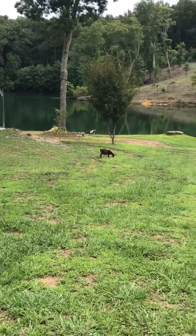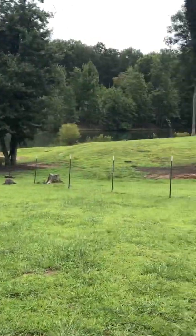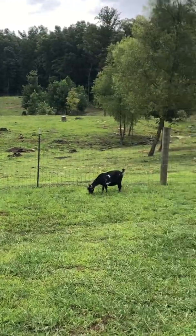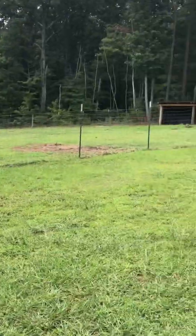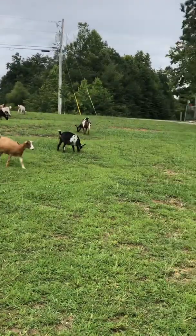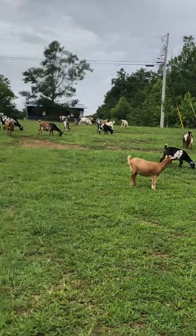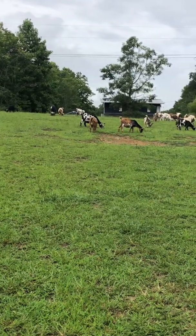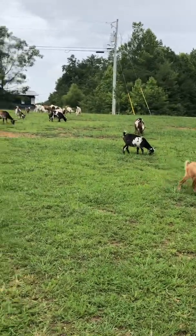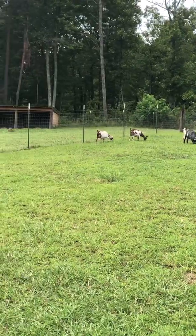Anyway, that's it for now. Eastern Tennessee, northwest of Chattanooga, God's country. It's beautiful out here. I wouldn't change it for anything, but this is our little farm. And I'm not too hip on editing, so I'll probably just start and stop talking when it's time to. But anyway, we'll do some more of these where you can just kind of sit and